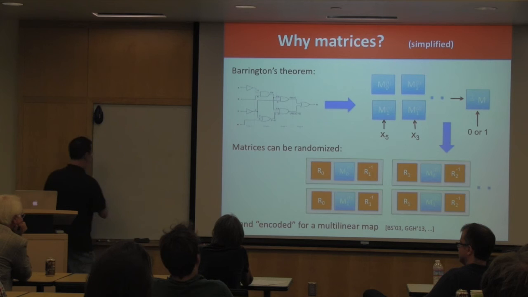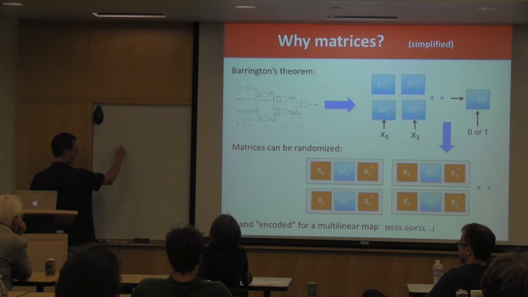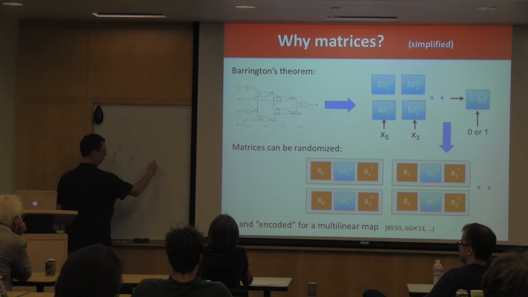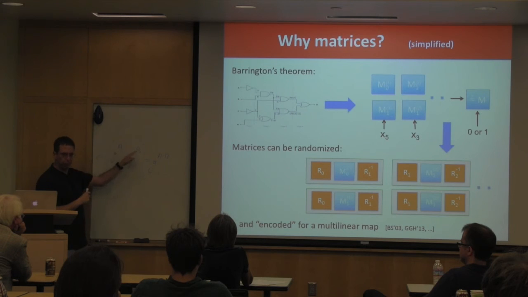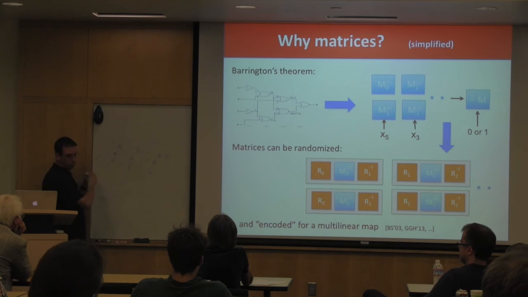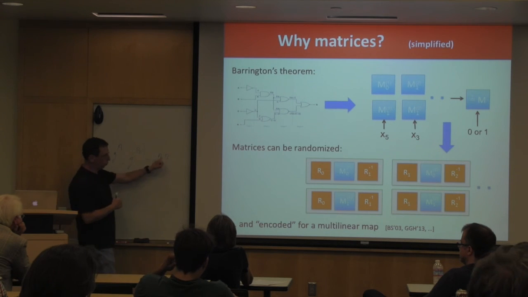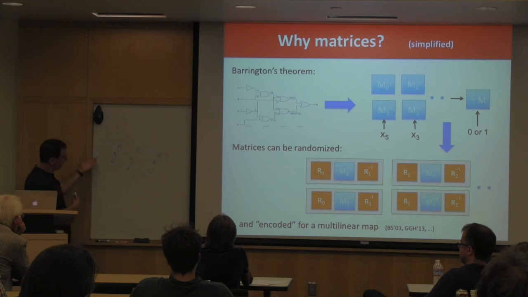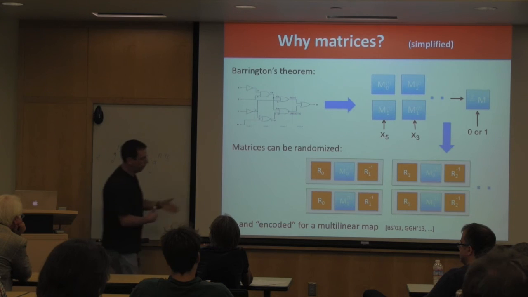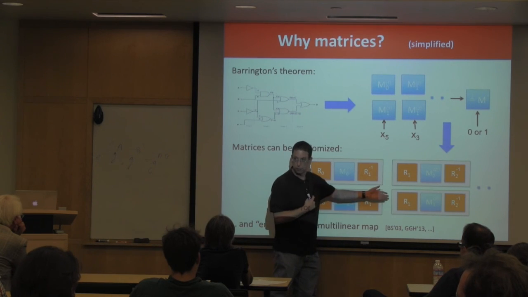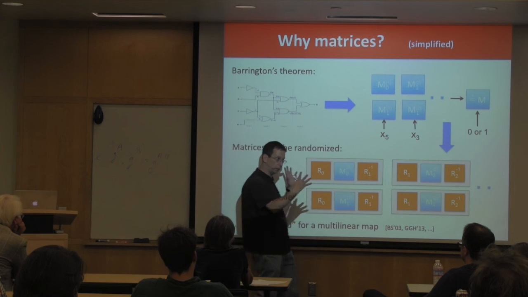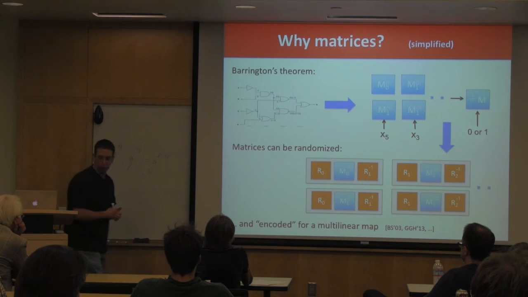Basically, if I have g to the power of a matrix and g to the power of another matrix, I can pair these two and get g to the power of the product of the matrices. I would literally do the matrix multiplication using pairing, multiplying rows by columns. And if I have an m-linear map, then I can do a product of m matrices. In fact, what I would need is a 4 to the d linear map. That's why we need a multilinear map of very high degree.